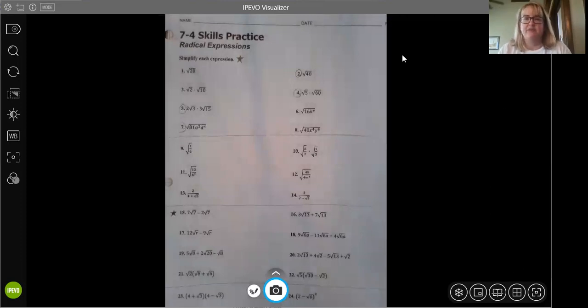Before we get started, I want to acknowledge something and put your mind at ease. These are all brand new concepts, so I don't expect perfection. I don't expect perfect understanding. I just want you to get the idea of how this works so that it's not completely new next time we see it. Yesterday, we looked at simplifying expressions, and we are going to do the same thing today, but